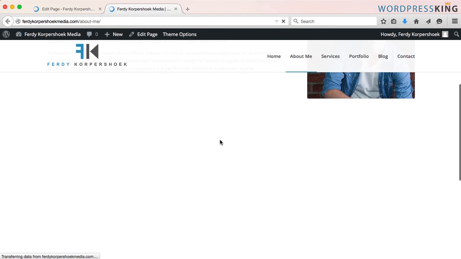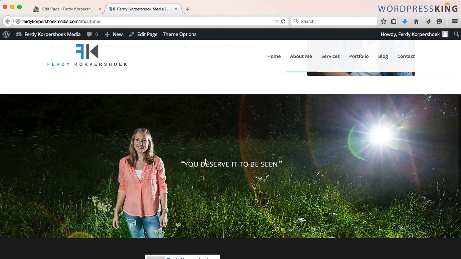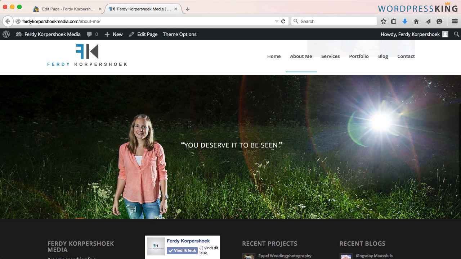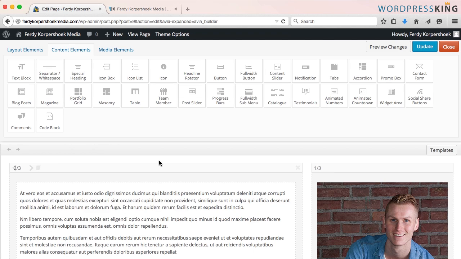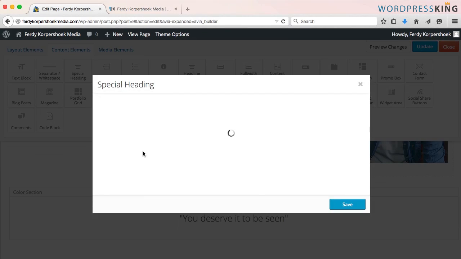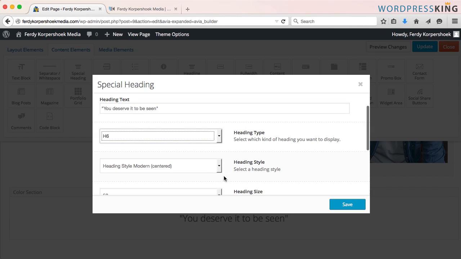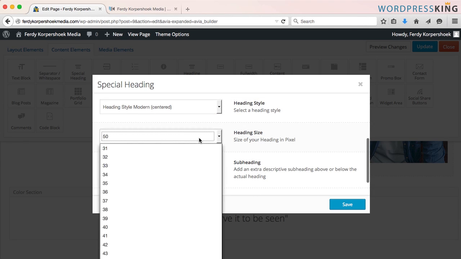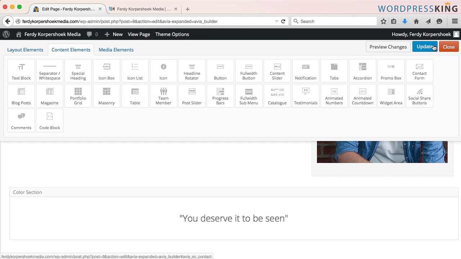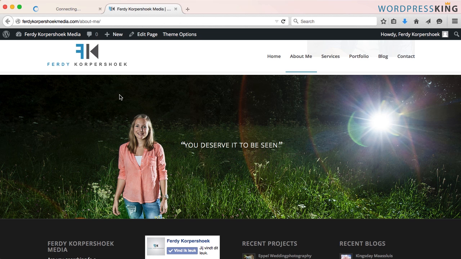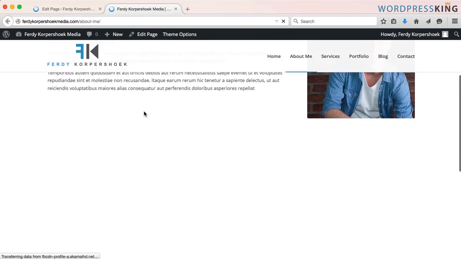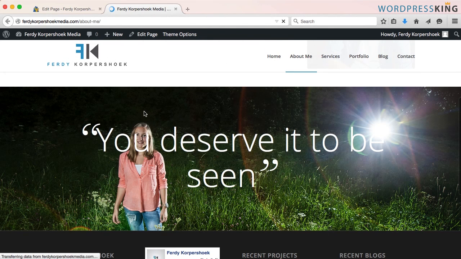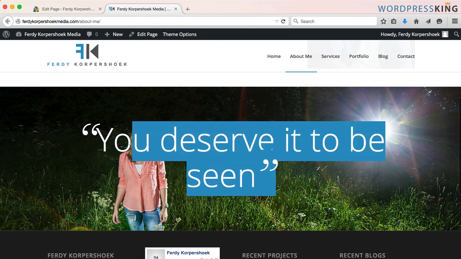I scroll down, it's still small, edit page, scroll down, so let me try H6, heading size 90, save it, update it, refresh the page, yes, okay, this is a little bit too big,